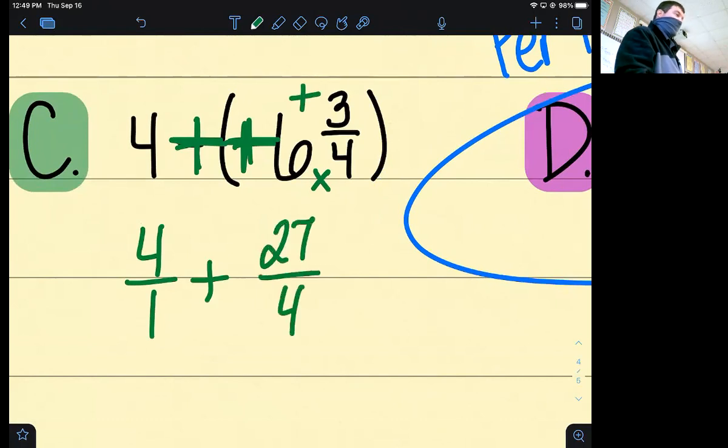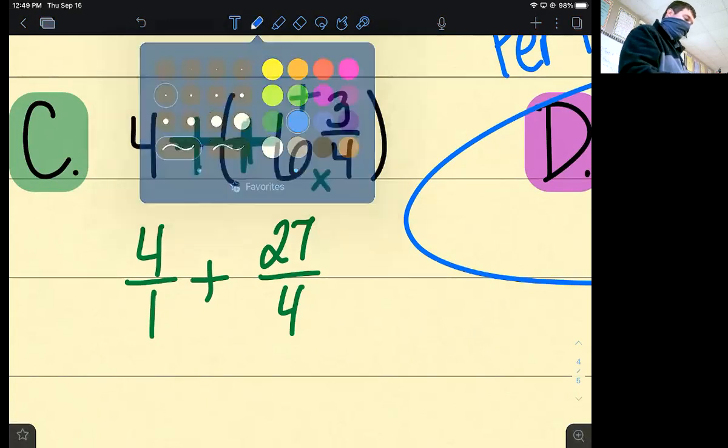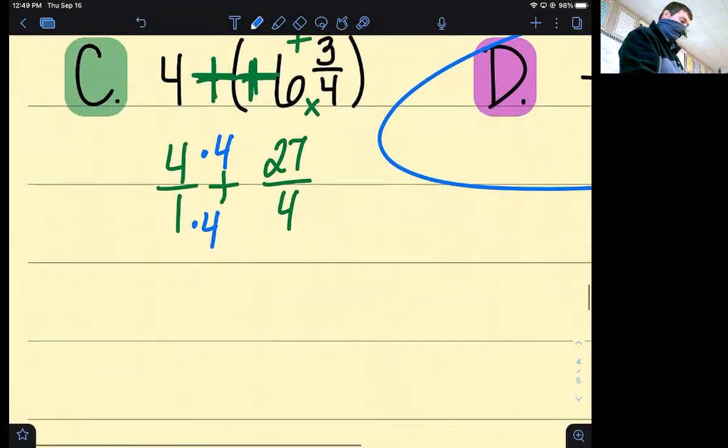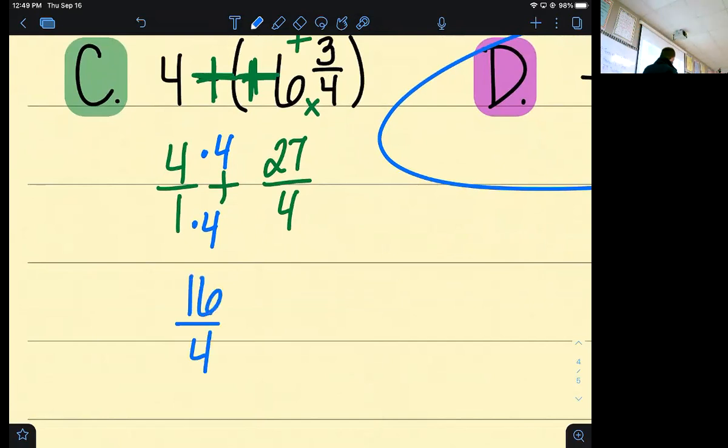Now, do I have common denominators right now? I don't, but I need to. What could I multiply 1 by to get to 4? Yeah, that's easy. Multiply this fraction by 4 over 4, and that'll line up the 4s on the bottom. So 1 times 4 is 4. What's 4 times 4? Okay. Does everyone agree that 16 divided by 4 is still 4? I never really changed anything, right? Now, if I don't change the second fraction's denominator, I don't need to change that fraction's numerator, so it's